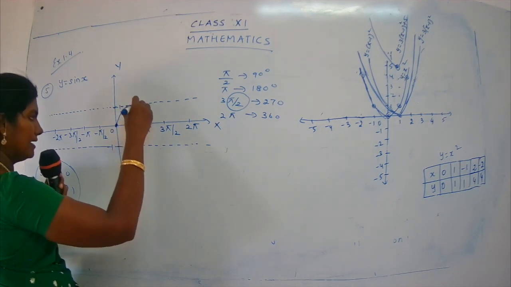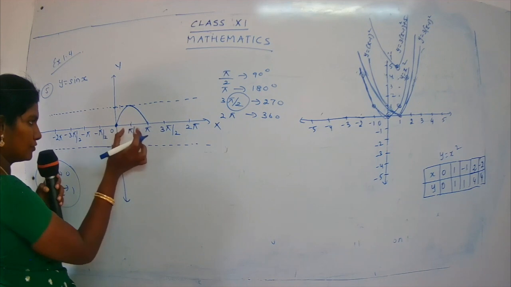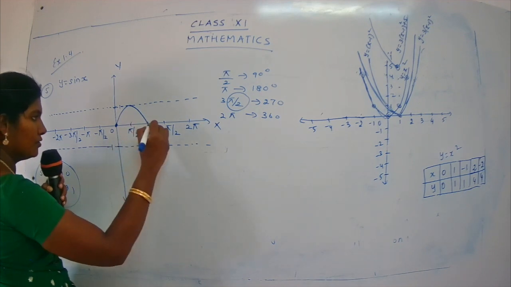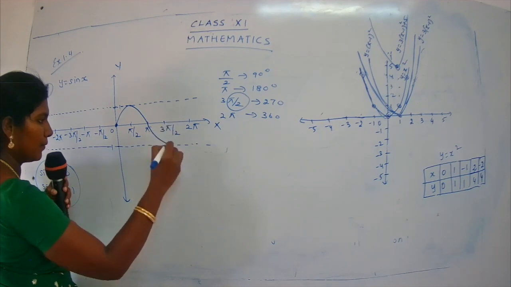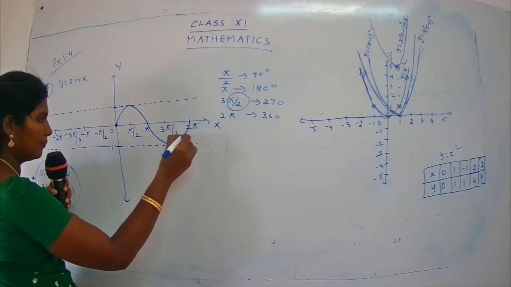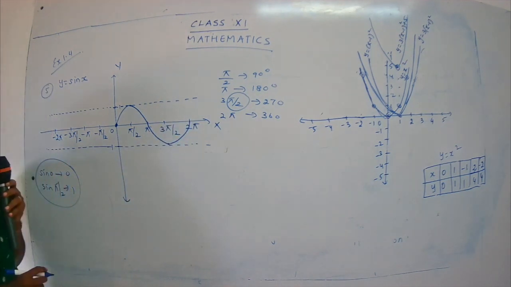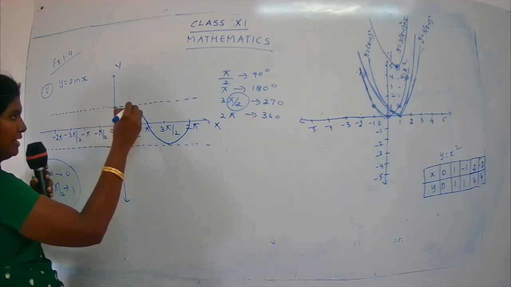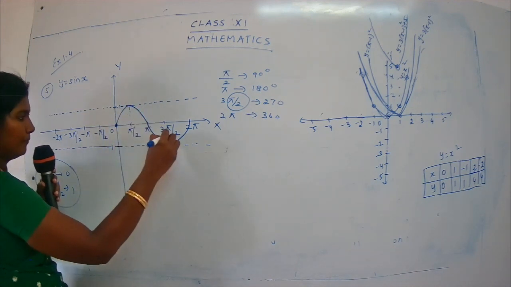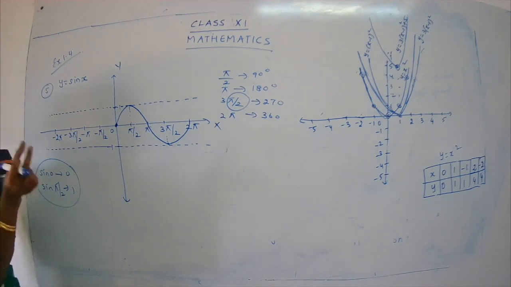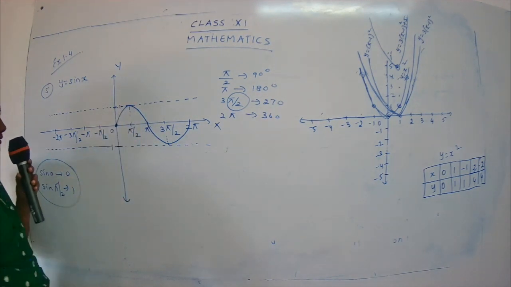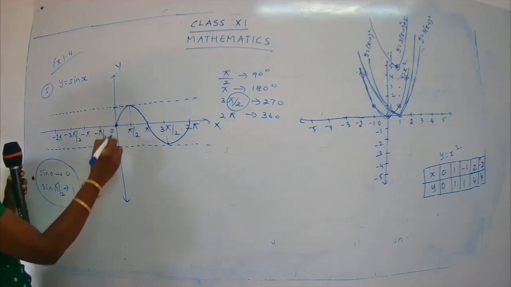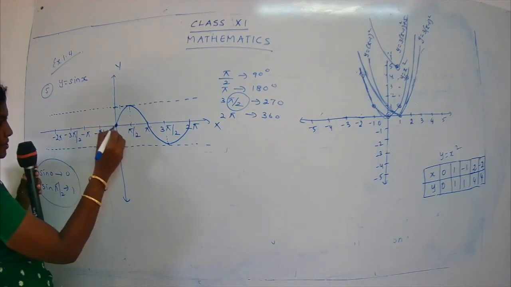0 and here. And again it comes to pi. See here, be careful. So you have pi by 2, it goes like this. You have a pi, then at 3 pi by 2 it should be minus 1. And here you get 2 pi. I hope you are clear with the figure, children. See, we have a peak at pi by 2. And we have a peak at 5 pi by 2. Peak means like a mountain. You have a peak part. Similarly, you are going to continue in the same manner.